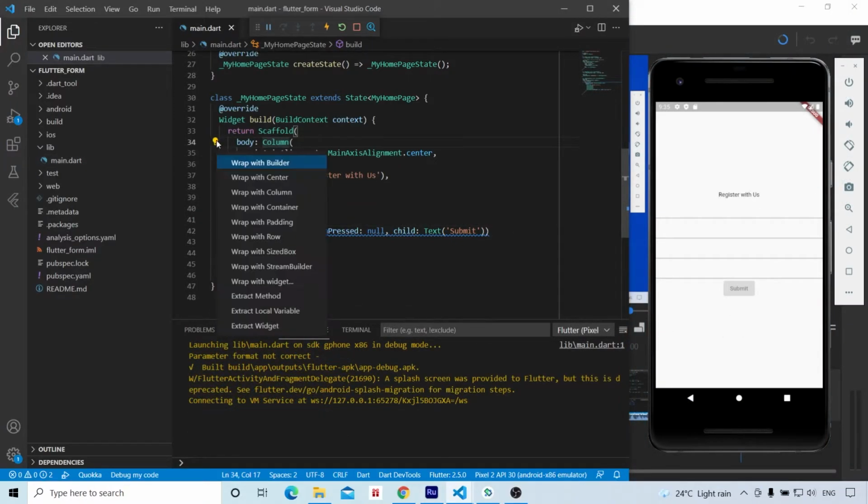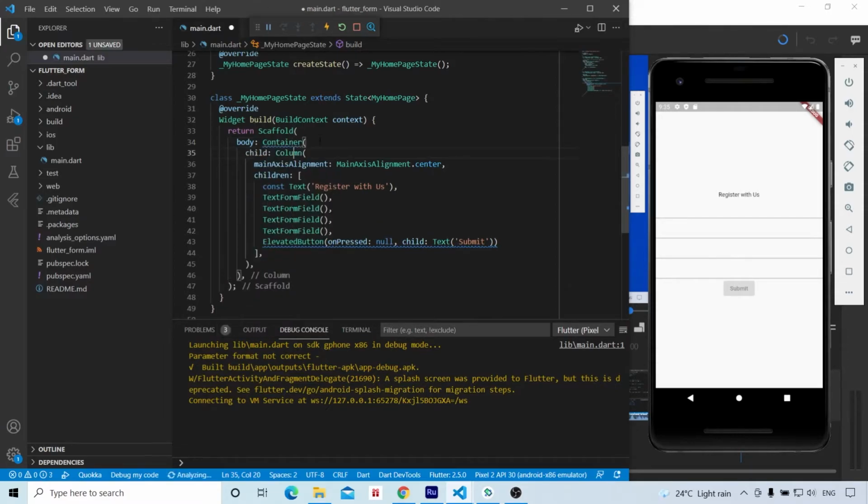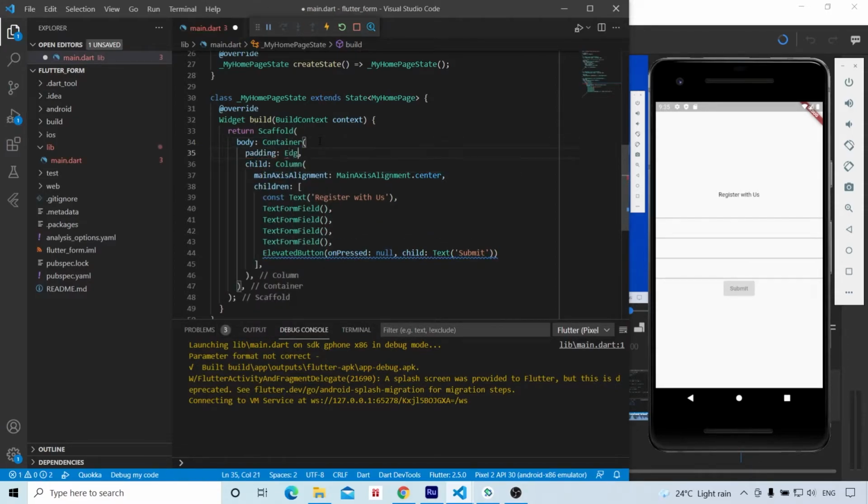Now to add some padding on both sides of the form, we will add a Container and add some padding to the container. EdgeInsets.symmetric horizontal means we are adding padding on the left and right side. If it was symmetric vertical, it would be top and bottom.